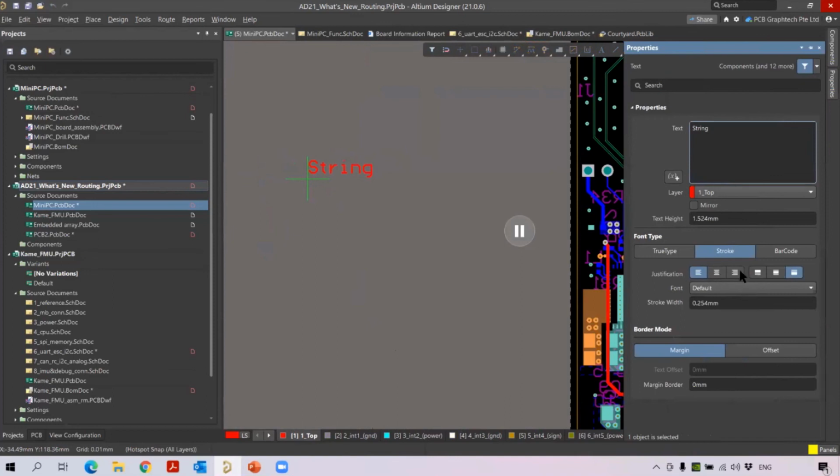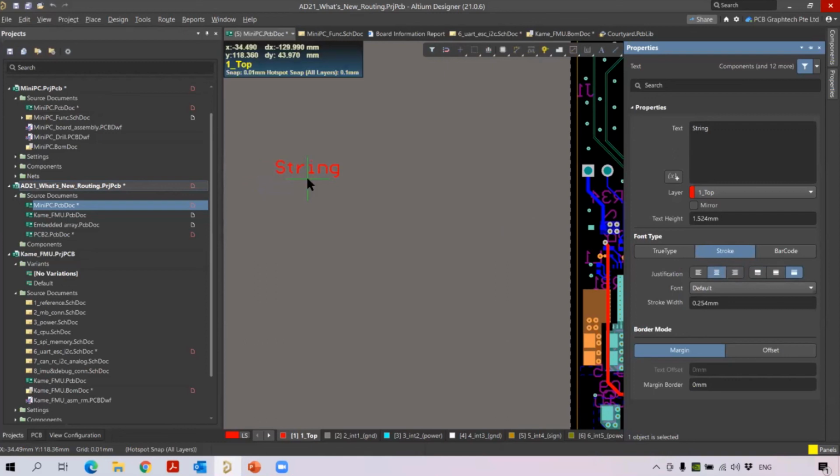You can see the justification. The string is on the left side here. If I want to move it to the center, you can click the center. When I click the center, the string you're typing comes to the center of the bounding box. Then if you want to move it to the left, you can click on the left, or you can move it to the below, the center, or the top, all in the vertical alignment as well. If you want to do it, you can just do this.